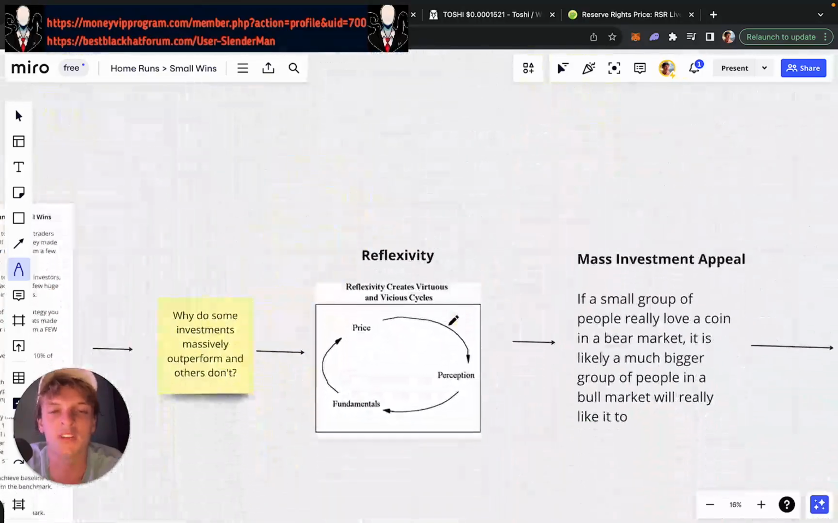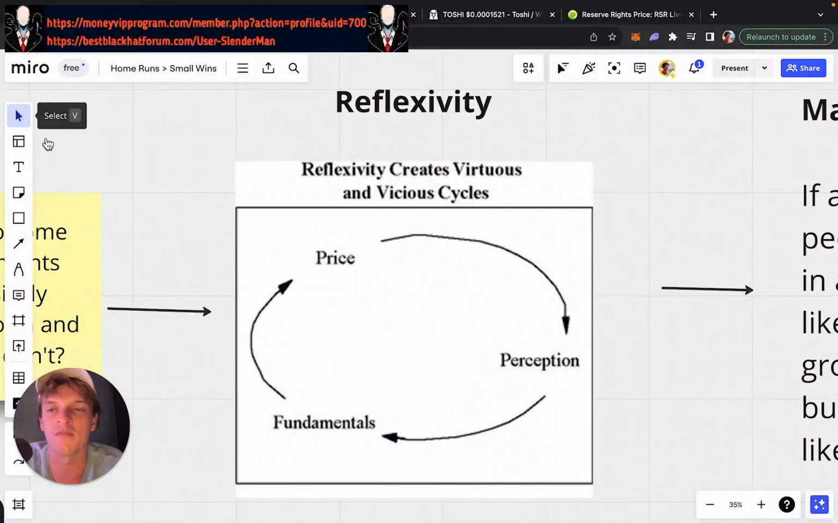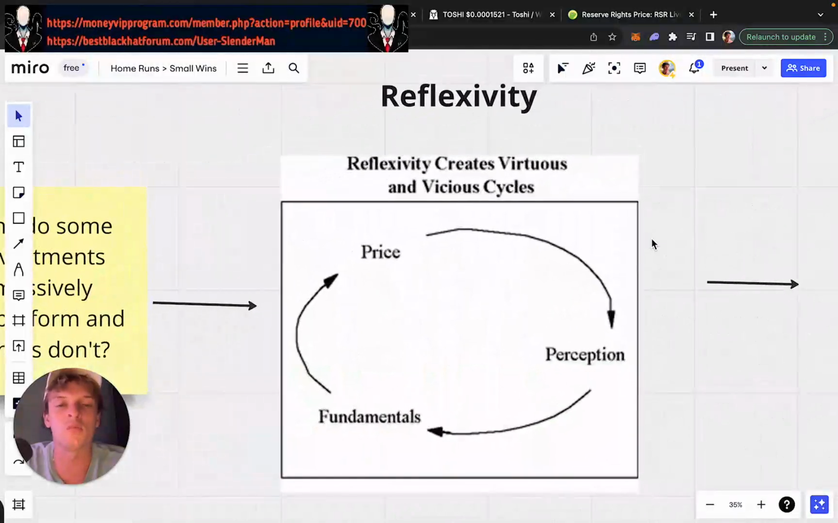So reflexivity is one reason why home run positions is what you want to account for, because when something really has its positive feedback loop kick in, it goes ballistic. Now, also another way to understand home runs is that alt season is sort of like a home run concept. Alts tend to do really, really badly for most of the time, and then for a very brief period of time, a